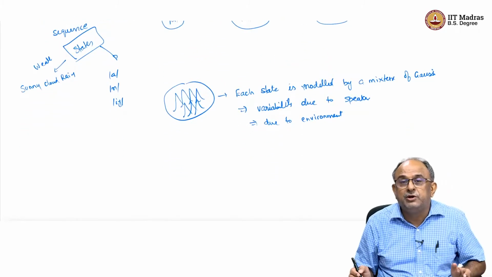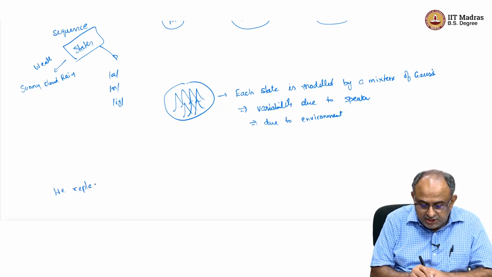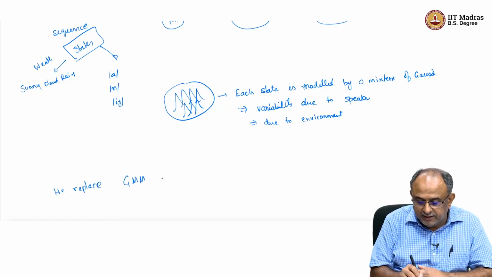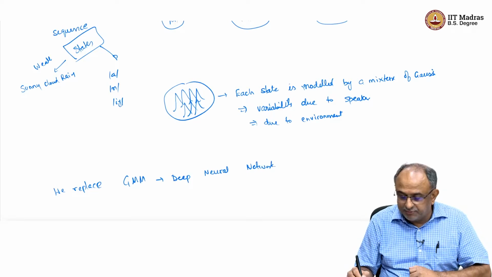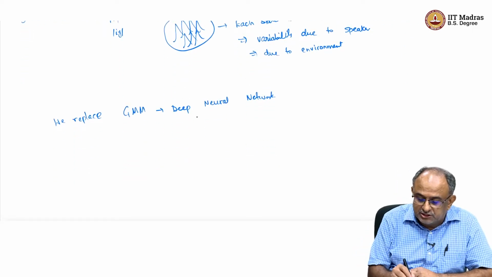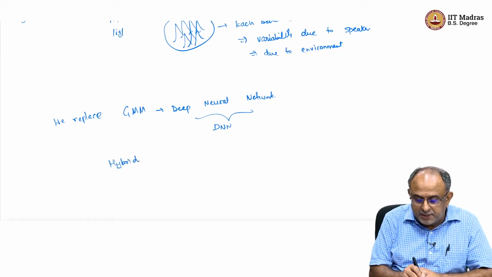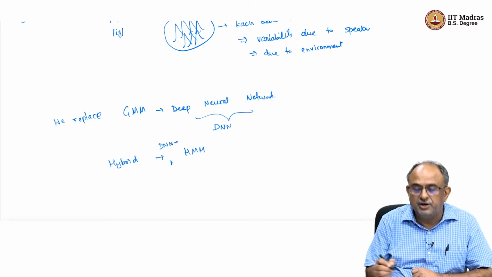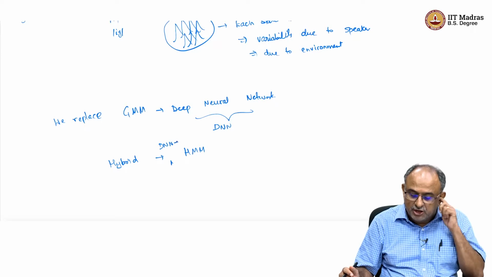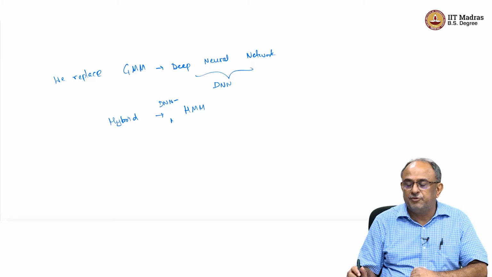Now we are going to do deep learning. So we replace the GMM by a deep neural network. That is the basic idea that we are going to follow. So this is the DNN, and therefore we are coming to a hybrid model which is part statistical and part deep neural network. It is a mixture of neural net and conventional statistics. We have the hybrid model called the DNN-HMM, and it exactly does the job of a GMM.